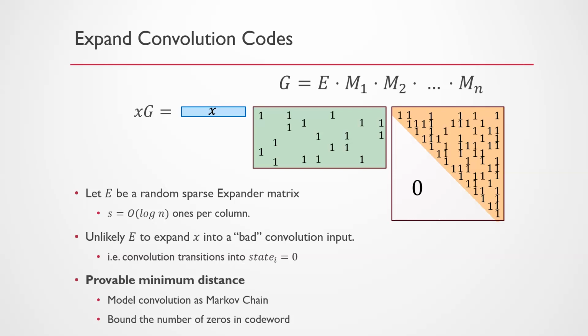While this was the intuitive approach that I thought would be useful during the talk, the actual proof of having high minimum distance follows a slightly different approach, in that we model this convolution as a walk on a Markov chain. And then the result of the X times this expander is our state transition equation. By doing this, we show that when you're walking on the Markov chain, you spend very little time in this so-called 0 state, which is just a different way to say what I just said. Anyways, the proof is quite cool, in my opinion. So if you like Markov chains,